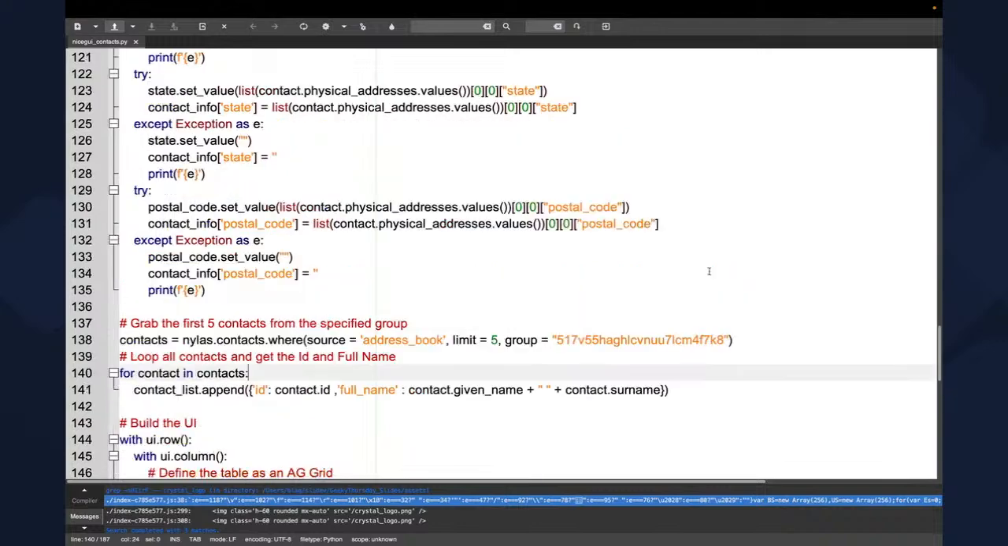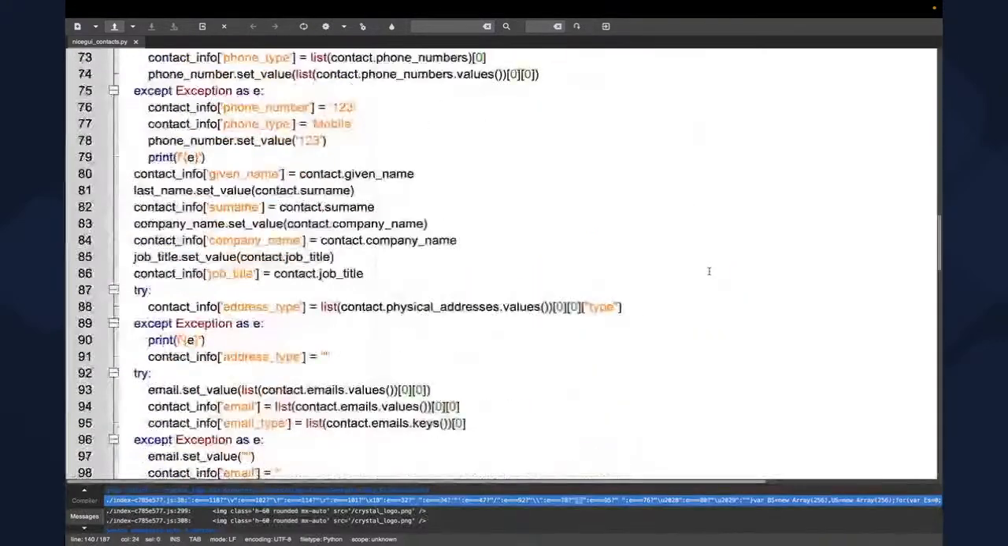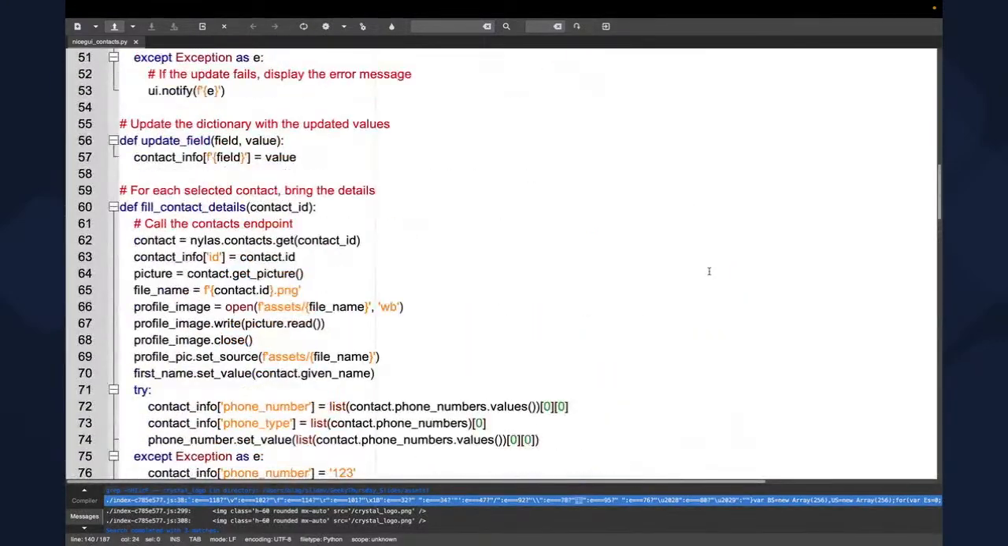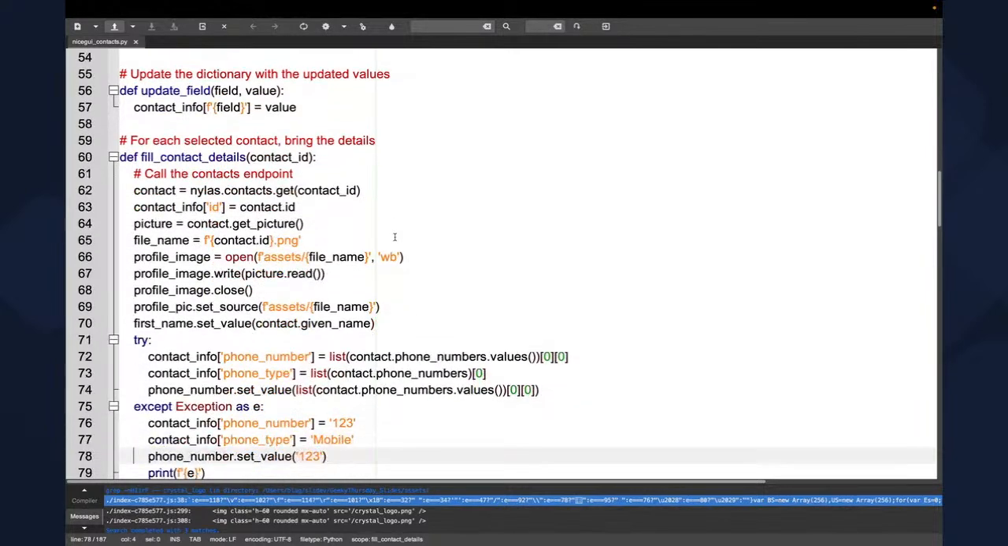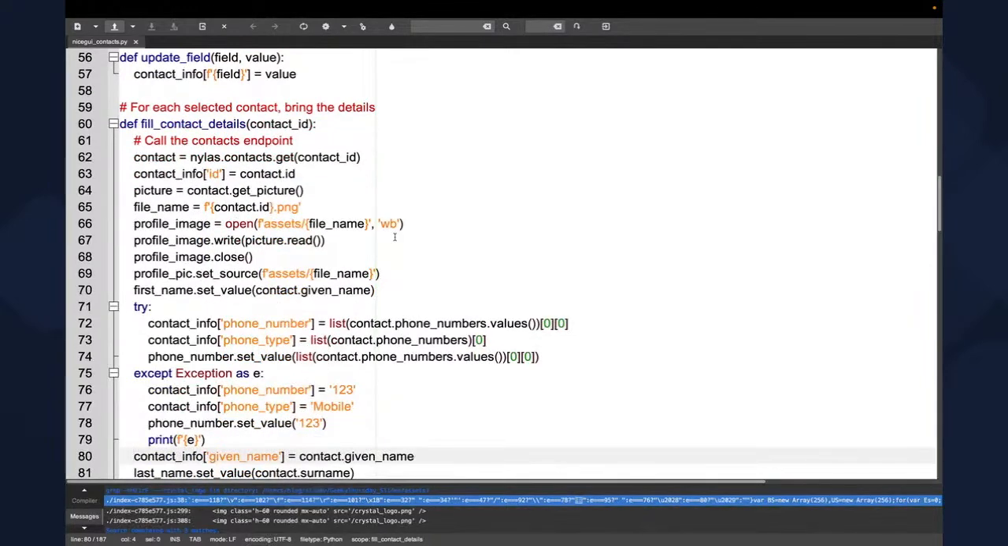Then once everything is in there, and we click on the button update, it's going to grab the ID. It's going to go into contacts get, so it's going to get the details of the contact. And we're just going to pass that into our dictionary. So it's going to start populating everything so that when we click here,